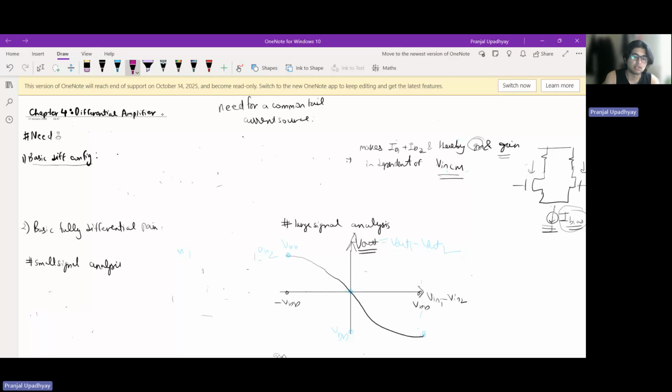And here we'll just quickly go through this chapter 4, which is about differential amplifier. And again, we won't discuss too much of the basics, as we are assuming that you are familiar with this chapter, and it is just a short video where we'll quickly skim through this chapter. Okay. So we already know what is the need of differential signaling, why we need differential amplifiers,